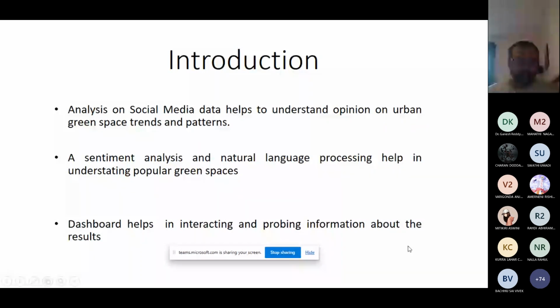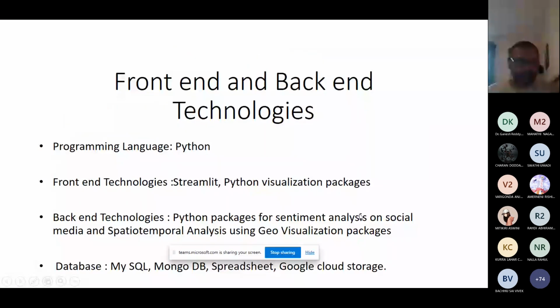we have to create the dashboard. So there are the languages like Python I'm using, and front end technologies like Streamlit, Python visualization packages. Then backend technologies like Python packages for sentiment analysis of social media, and concentration on spatio-temporal analysis